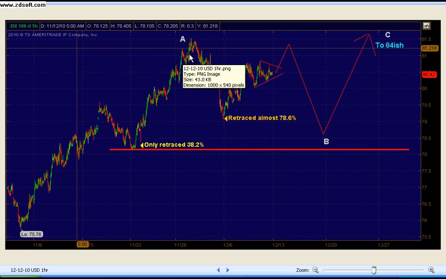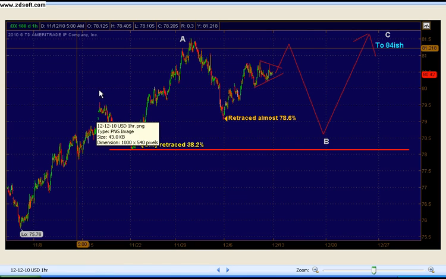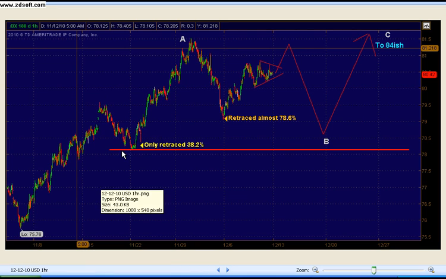This is where we are. Here's the 81.50 high that we've made of E so far. This is the wave D low, 75.76. I do not see this as a 1-2-1-2. It was looking good as a 1. This only retraced 38.2%, which, if you're going into a wave 3,